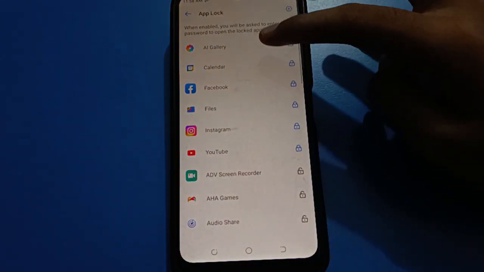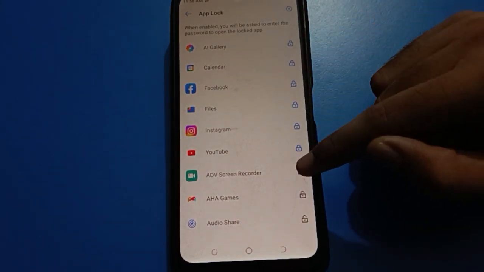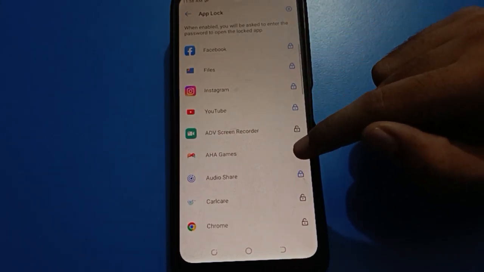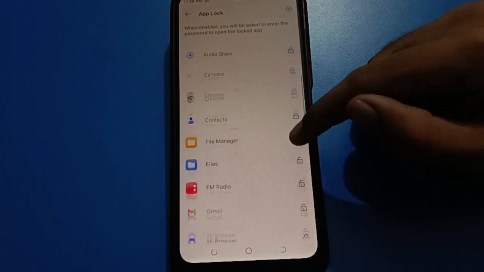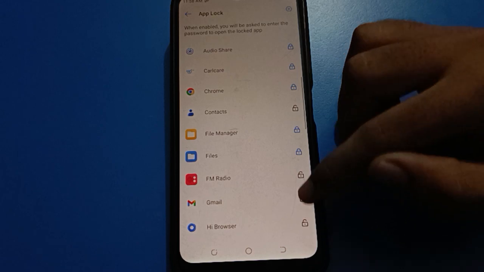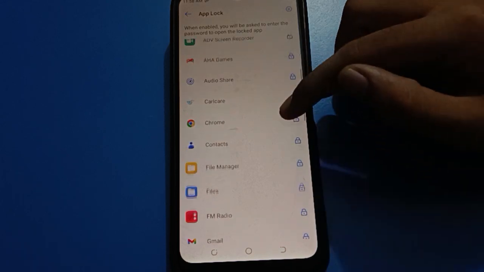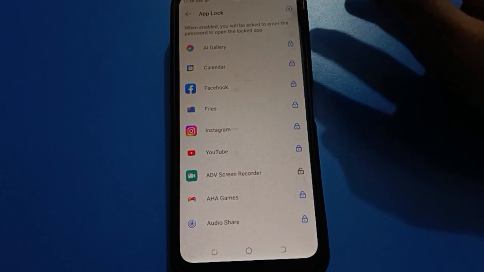After applock setting, you can check your locked app. You want to unlock any app, so right tap here, you can unlock app, and if you tap here, so friends you can lock app in your Tecno mobile. Setting icon, we will tap here,